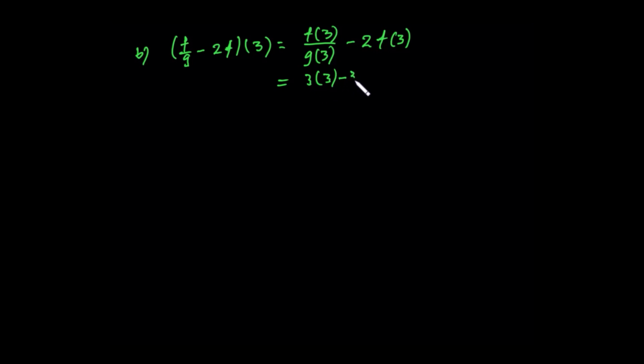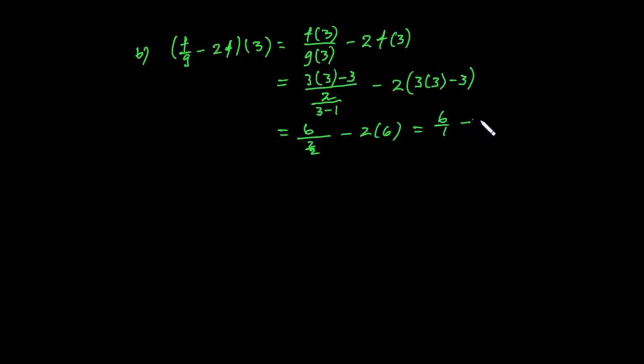ስለዚህ 3 times 3 minus 3 over g of 3 is 2 divided by 3 minus 1 minus 2 times f of 3። ያው እዚህ ካልኩሌት አድርገናል። f of 3 is 3 times 3 minus 3 ይመጣል። ስለዚህ 3 ጊዜ 3 9 ነው። ከ9 ላይ 3 6፣ this is equal to 6 divided by 2 over 2 ይመጣል minus 2 times 6 ማለት። ስለዚህ ይሄ ምን ይመጣል ተማሪዎች? 6 over 1 is 6 minus 12 is negative 6 ይመጣል። አያችሁ ኢቫሉዌት አደረግነው ማለት ነው። ስለዚህ ቫልዩ negative 6 ይመጣል።